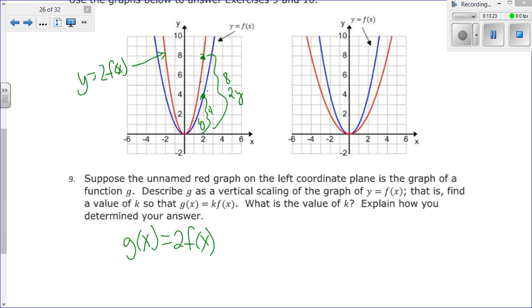Okay? Explain how we found our answer. So what's the value of k? So k would have to be 2. Explain how you determined your answer. Well, the graph of g is a horizontal scaling of the graph of f by a factor of 2. Therefore, g of x,